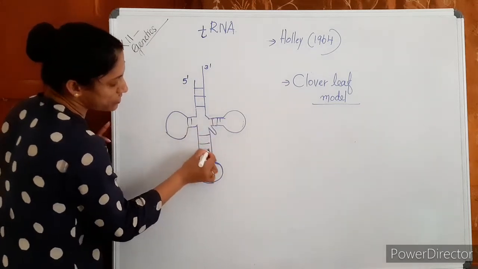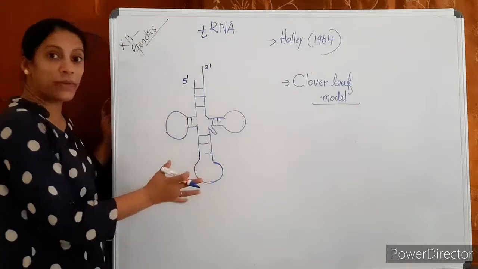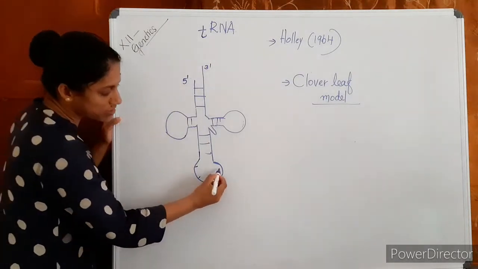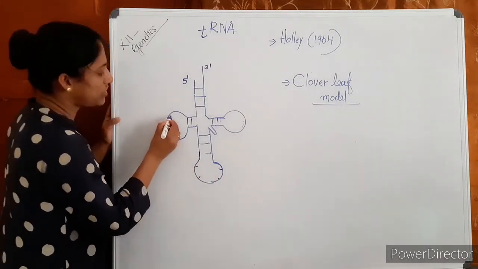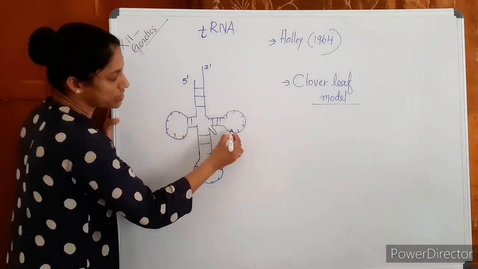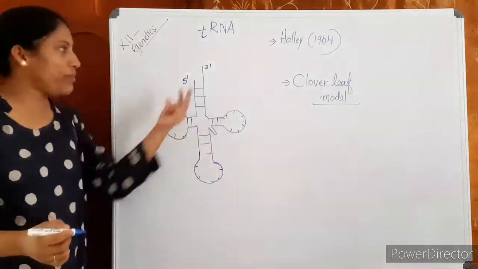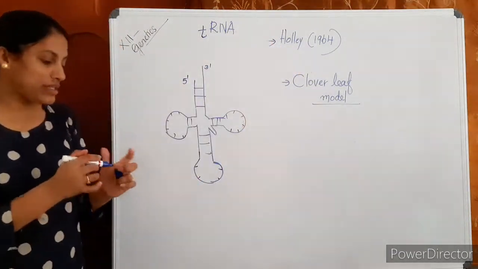Okay, these are the regions paired, whereas these regions remain unpaired. So bases are not paired here. Okay, free bases. There are reasons that we will discuss. The structure of tRNA, clover leaf model, proposed by Holley, and in this structure,